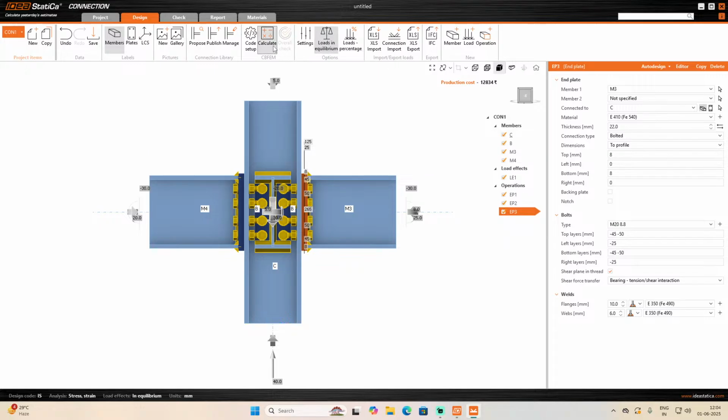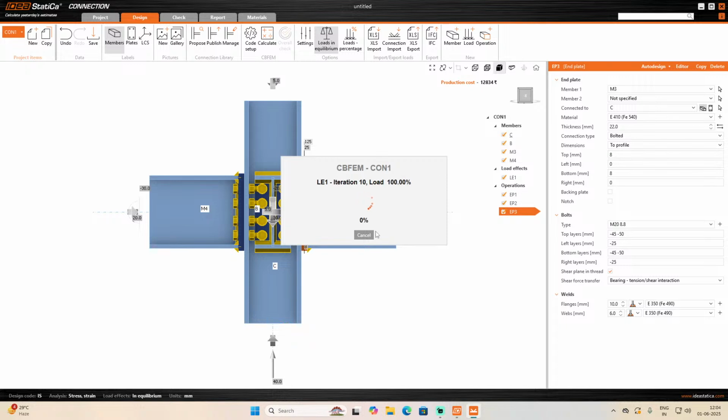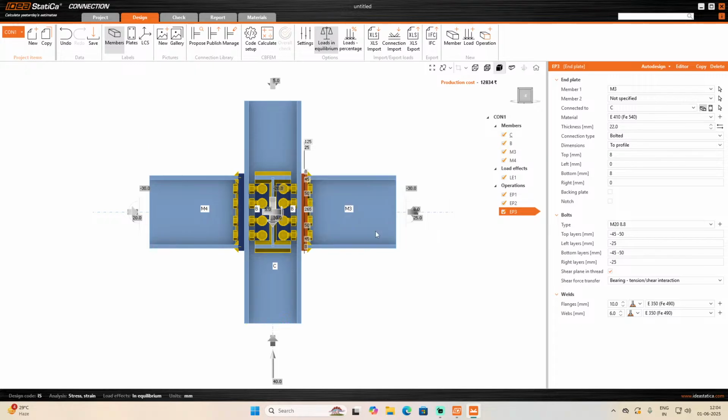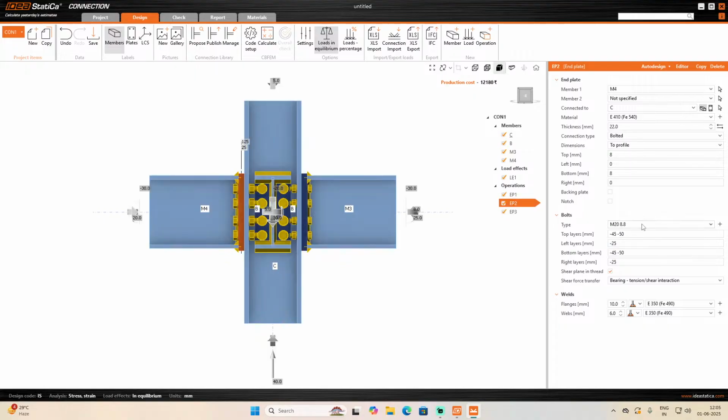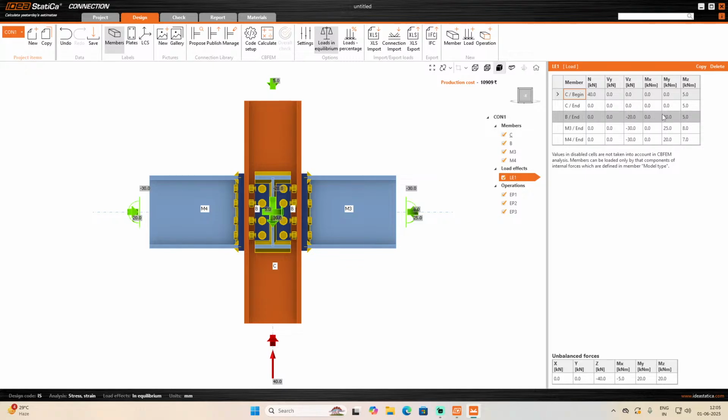It will create difficulties for the bolted connection. Sufficient. What I am doing, I am just decreasing the